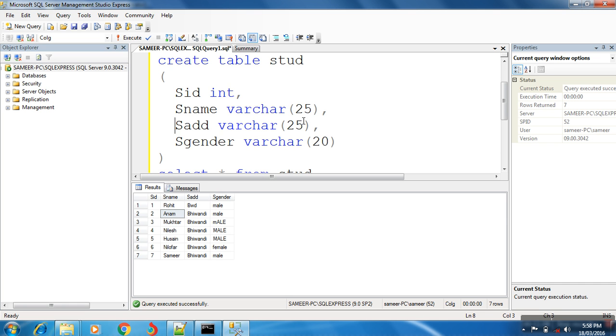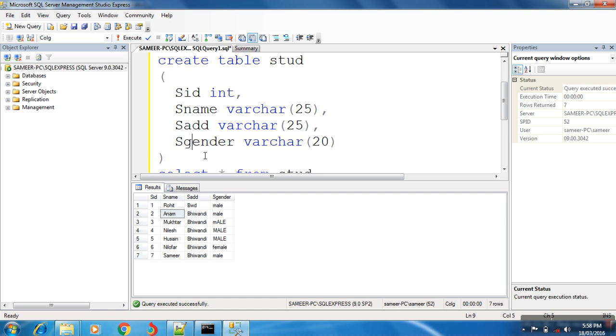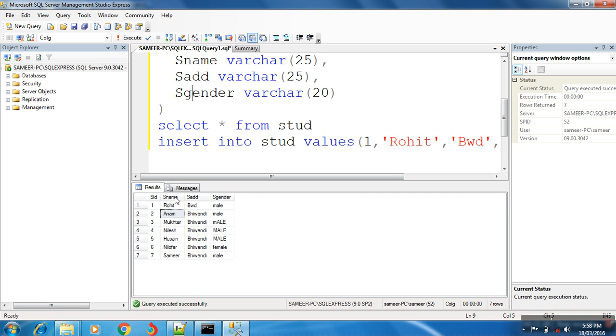Varchar, then it is the size of data, how much character data you can insert. So already you have defined 25 here. Okay, gender is available, so 1, 2, 3, 4, correct? Okay, select query: with the help of this query we will display the table. Select star from stud.